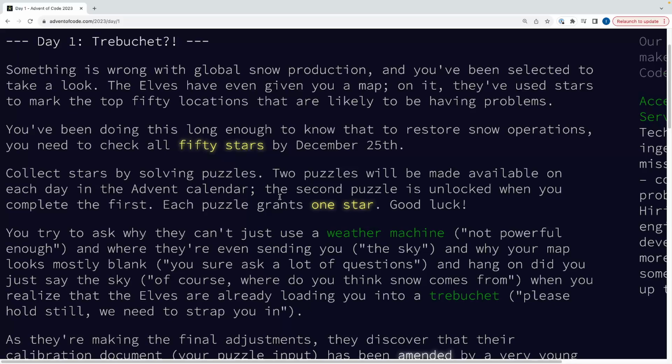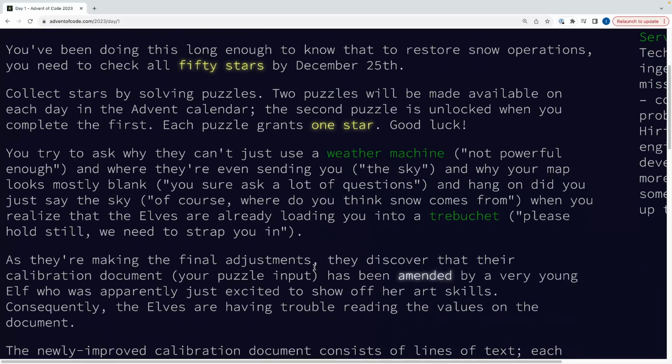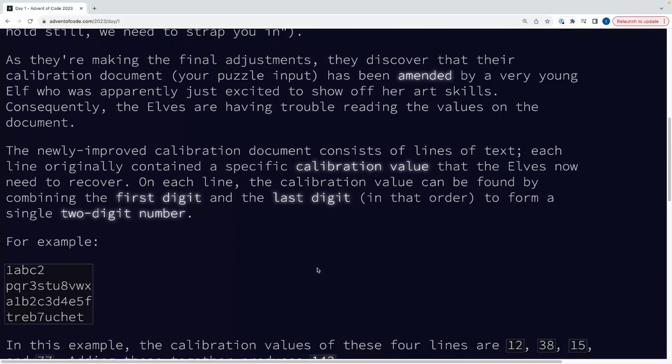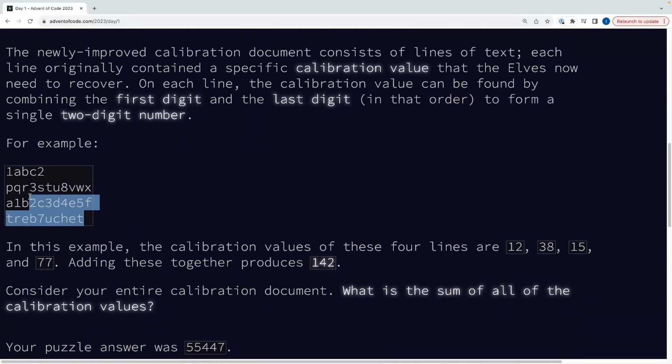We're going to be looking at day one today. This is probably the most difficult day one that I think I've seen so far in Advent of Code. So, kind of interesting. Let's dig into it. There's a bunch of flavor text, kind of interesting, but we'll get to the meat and potatoes of